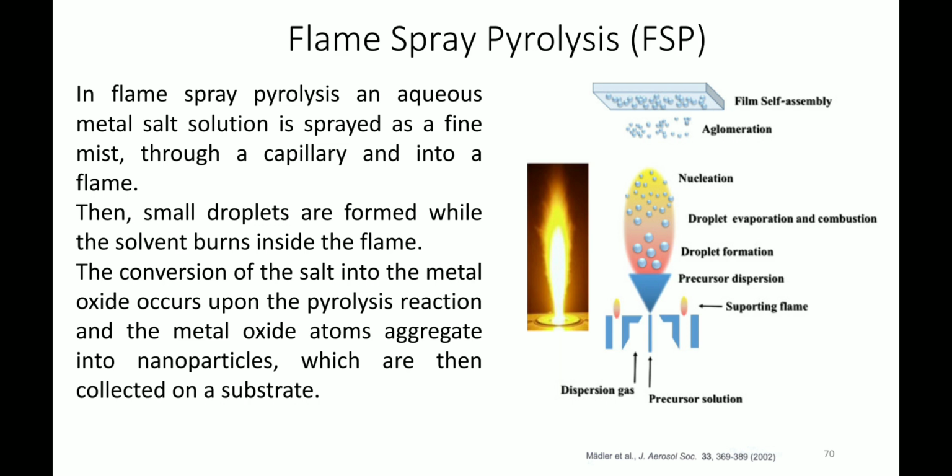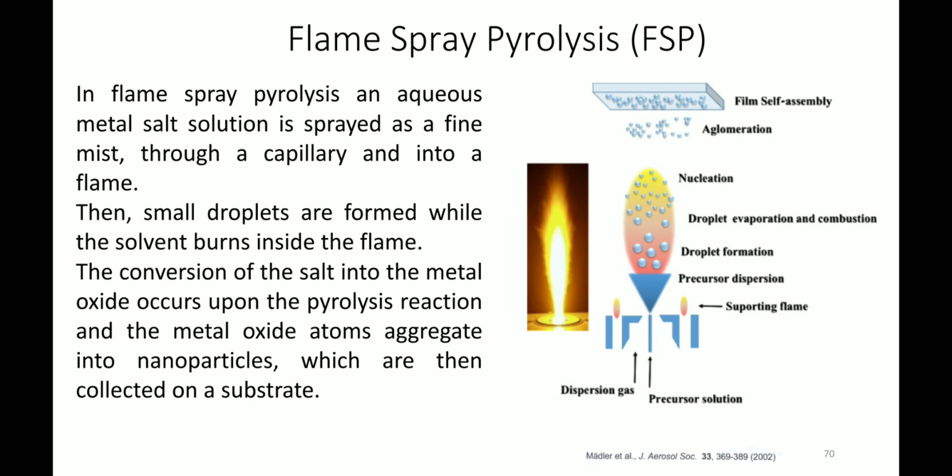These vapors come together because of this high temperature, and there is a formation of nucleation. Depending upon the length of the flame or the temperature of the flame, some of the particles that are formed get aggregated once they come out of the flame, and then finally they get assembled on the surface of the substrate.